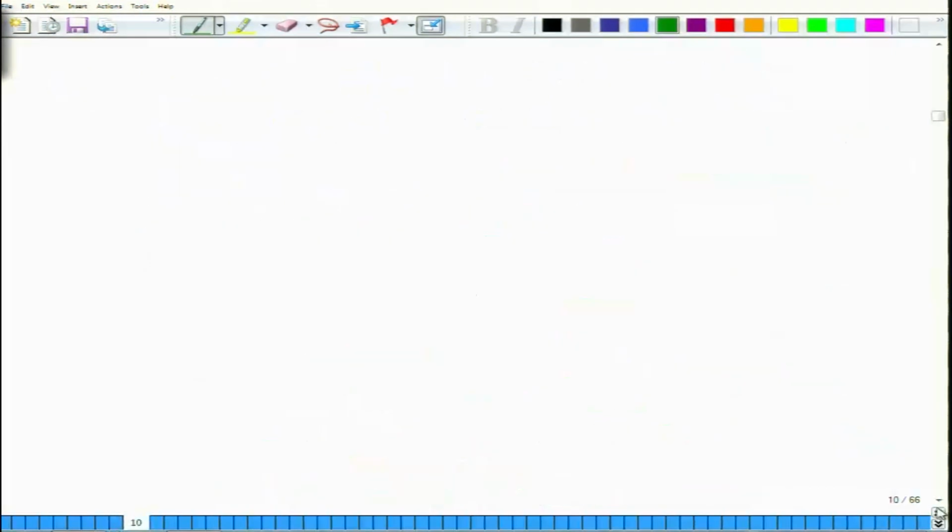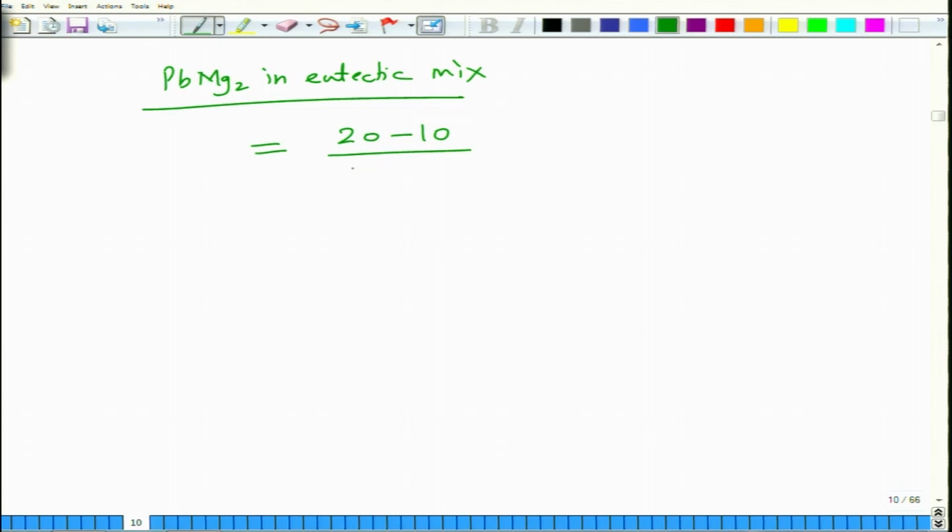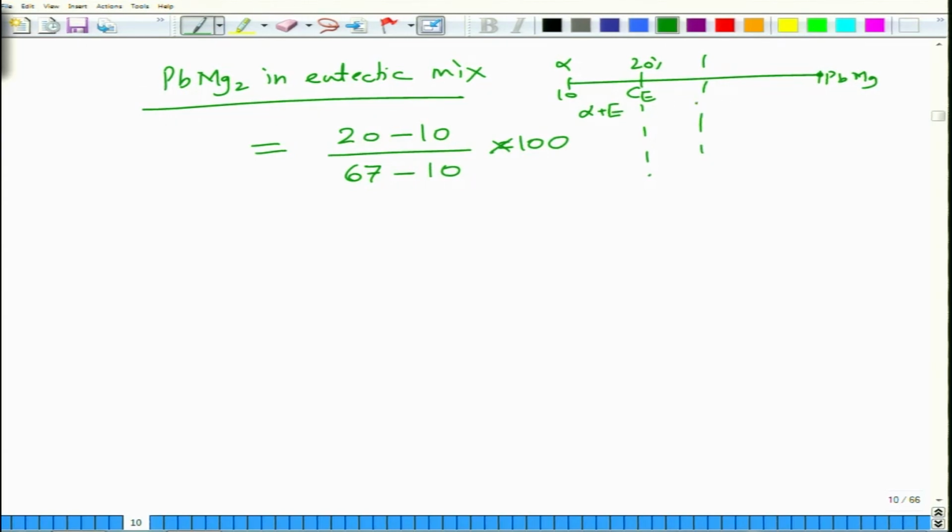You can also calculate the fraction of PbMg2 in the eutectic mixture. If you want to find out what the PbMg2 fraction in the eutectic mixture is, then this is going to be equal to 20 minus 10 divided by 67 minus 10 into 100. So this is how you are going to determine it. You have a eutectic line where alpha is 10%, this is the eutectic composition 20%, this is the alloy composition, and this is the PbMg2. So at this point you will have alpha plus eutectic, and at this point you will have PbMg2 plus eutectic, and the total amount of PbMg2 in eutectic can be determined by